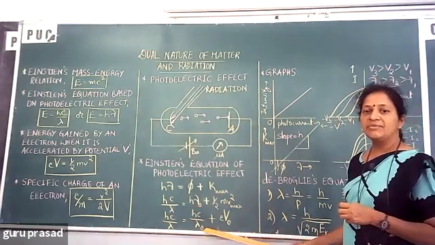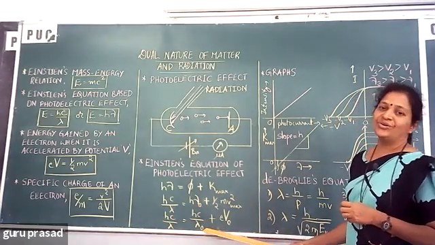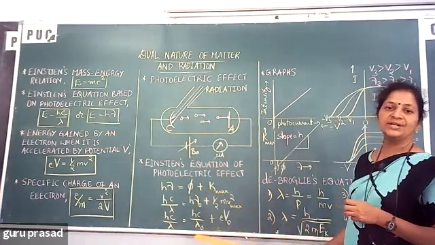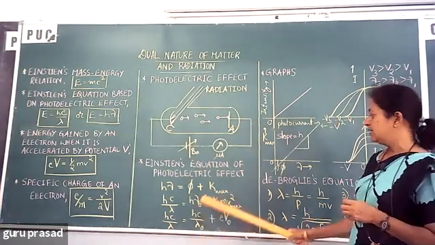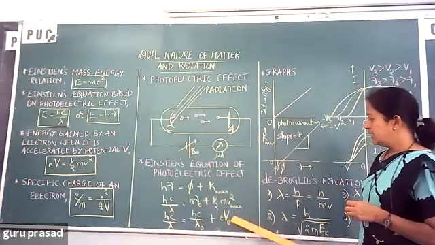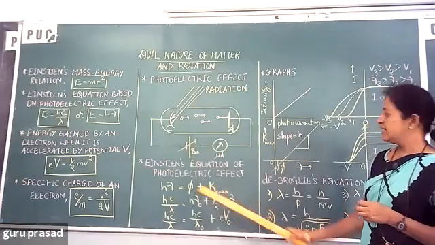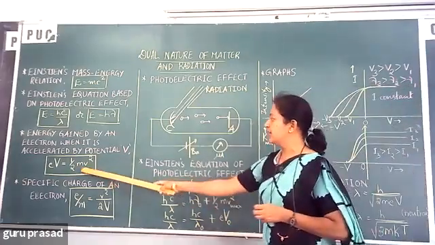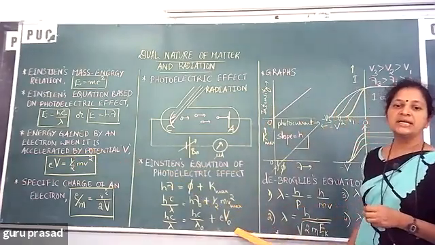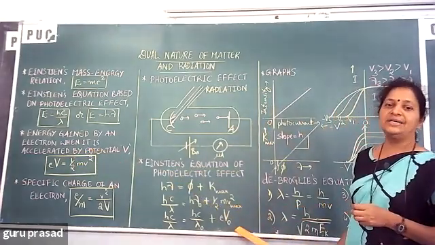It is the maximum wavelength above which no photoemission takes place. Okay, threshold wavelength, because wavelength and frequency are reciprocal to each other, or inversely proportional to each other. Plus here eV naught, see, kinetic energy is also eV, which I have shown you here. So the maximum kinetic energy is eV naught or eVs.